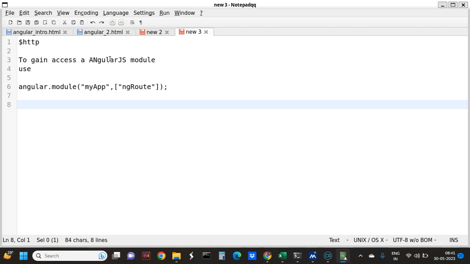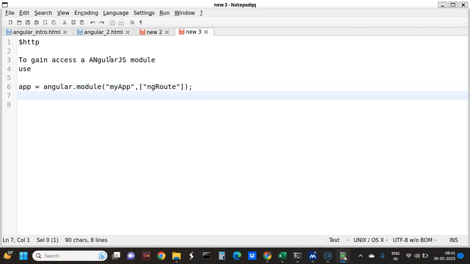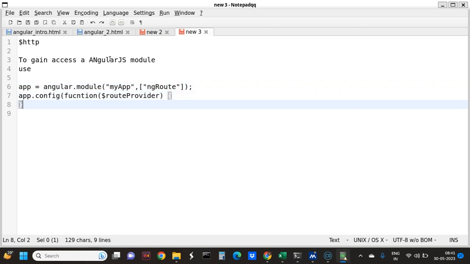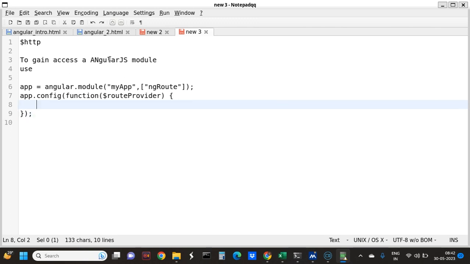So let's see the steps one by one. First I assign app to the application. Inside the app I have to do config. So in config I get a callback function, and in that route provider I will write my redirected code. The config stands for configuration. It takes one callback function